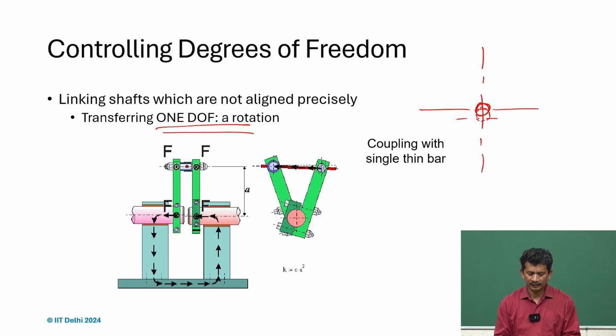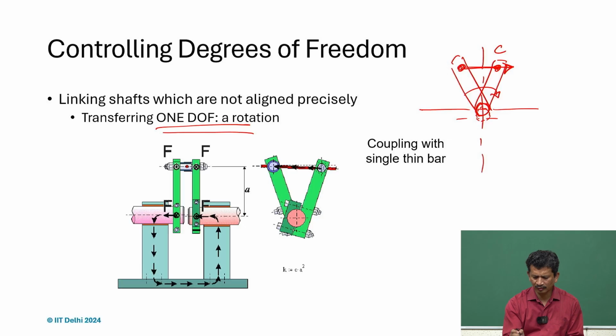What is important to understand is that we want to have this constraint, and we also realize that if we provide the constraint away from the axis of rotation, and the constraint is not passing through the axis of rotation, then it will provide that rotational constraint. It means one constraint away from the axis of rotation is sufficient to provide that rotational constraint, and that is what we see here. So, we can extend one arm and connect to one member, and connect another to the other side, and we can just use a pin to connect it, and it is more than sufficient. So, one flange, so what you can see here,